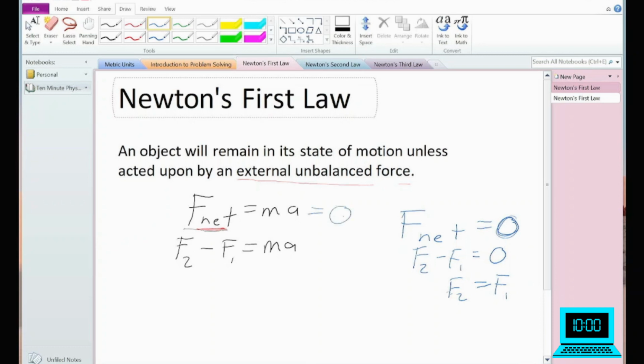If the F net is equal to 0, it means this acceleration has to be 0. And if there's no acceleration, this object will not be speeding up or slowing down. This is what's happening with terminal velocity, where you have your drag being equal and opposite to the weight of the skydiver or whatever object is falling at terminal